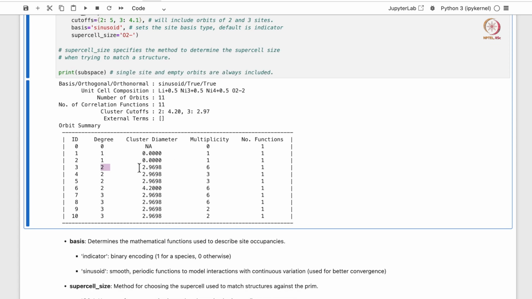This has a diameter of 2.968 and a multiplicity of 6. It means we have 6 clusters of this type with a diameter of 2.968 angstroms.